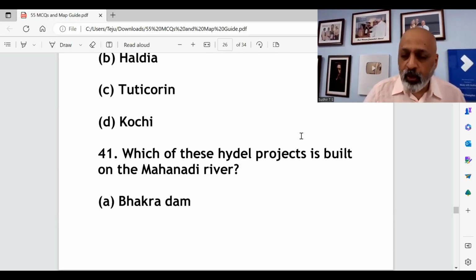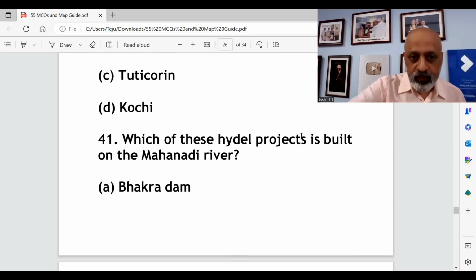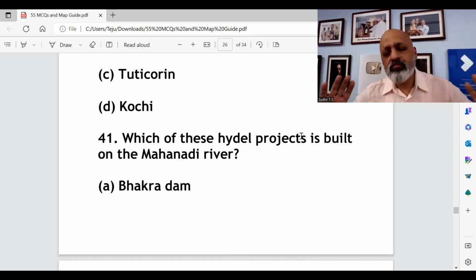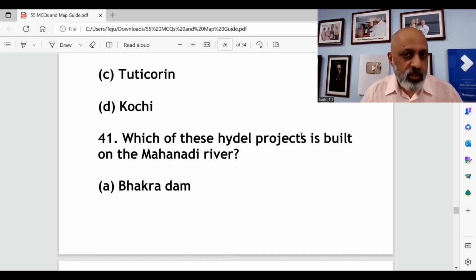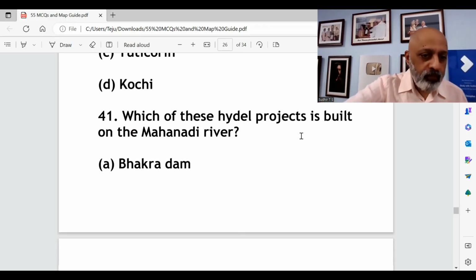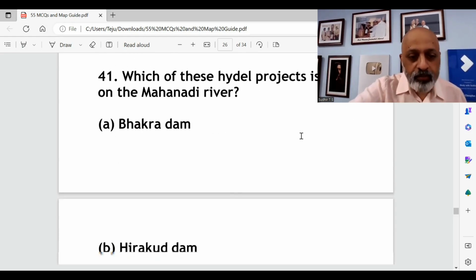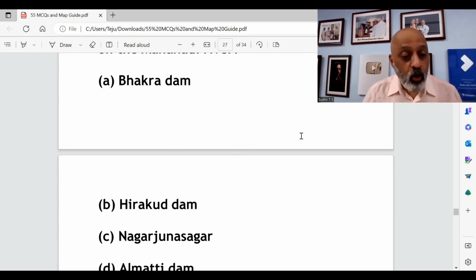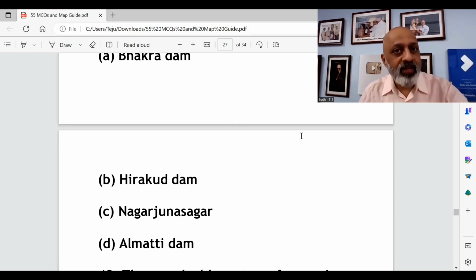Madras करके आएगा तब भी आप समझ लें, because Madras Port Trust बोलते हैं उसको पहले तो. Which of these hydel projects is built on the Mahanadi River? Mahanadi River. Kamal Haasan का एक मूवी था Mahanadi, one of his best movies, shot between Tamil Nadu and Kolkata, with some beautiful music. भाखरा डैम, हीराकुड डैम, नागार्जुन सागर और अलमाटी डैम. नागार्जुन सागर तो आंध्र प्रदेश में है. Okay, the correct answer here is Hirakud. Almatti Dam is in Karnataka on the river Krishna.